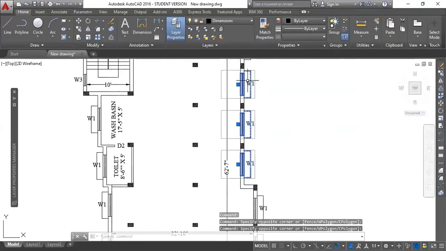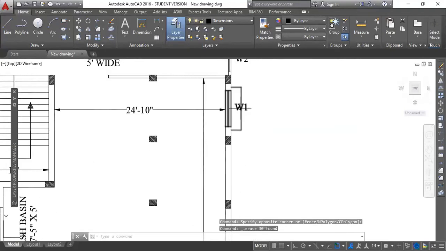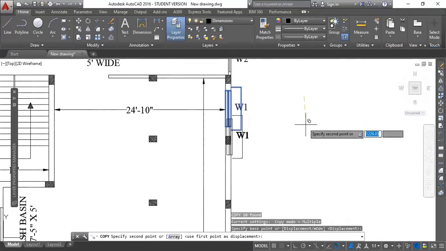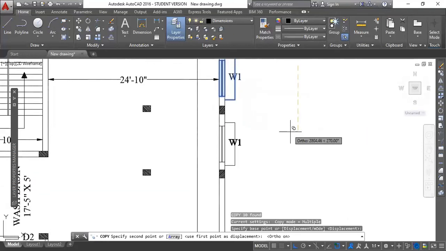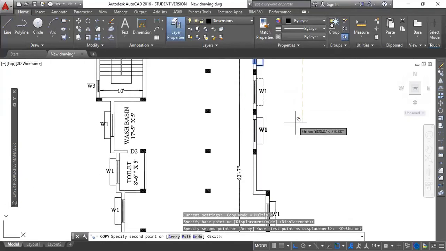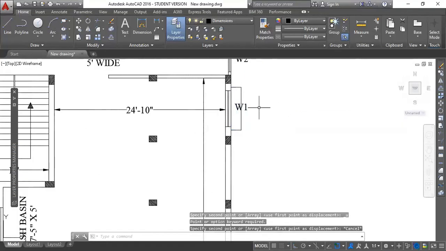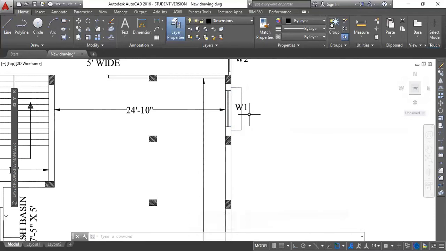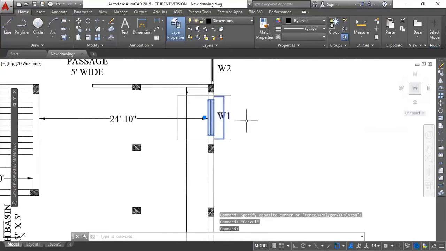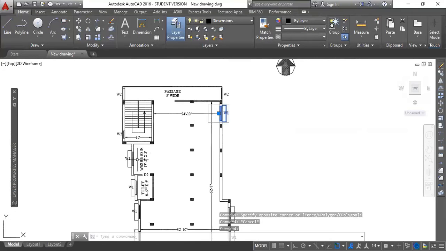Or else you can simply copy, but if you start like this without a reference point, even if your ortho is on, you will judge with your bare eyes, okay, this is the center, but that is not the exact center, right? That is not very technical. So you need to consider some kind of reference points, and a reference point always gives you proper and exact measurements and placements of windows and doors. And I had to group these objects just because I wanted to copy this very easily and very often.